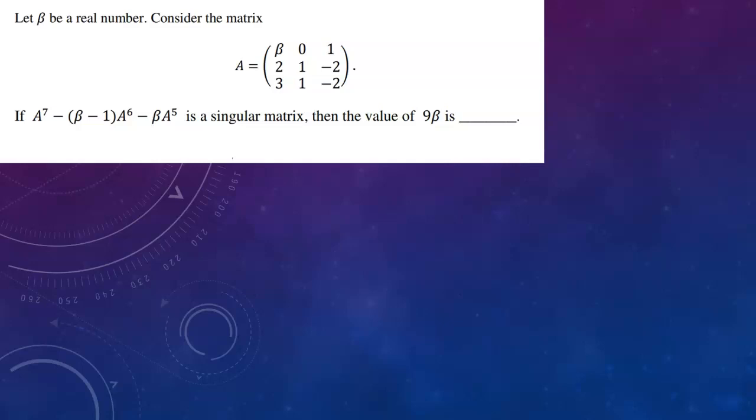First of all, let's look at our question, where beta is a real number. Consider this matrix. If the given matrix expression is a singular matrix, then find the value of 9 beta. I expect that you all know the meaning of singular matrix. Singular matrix means that if A is a singular matrix,